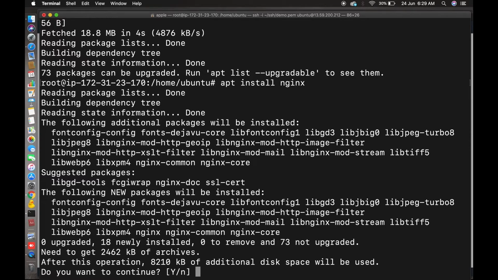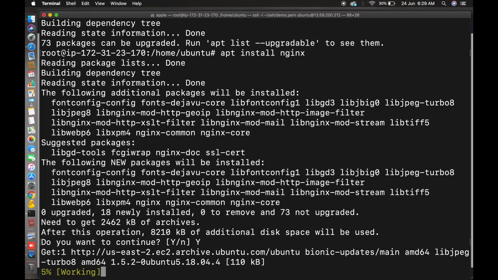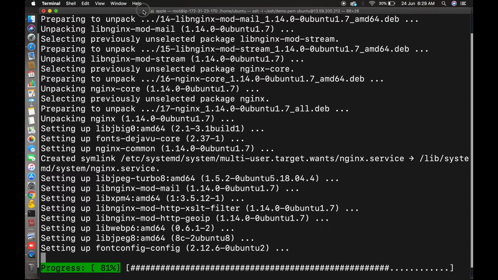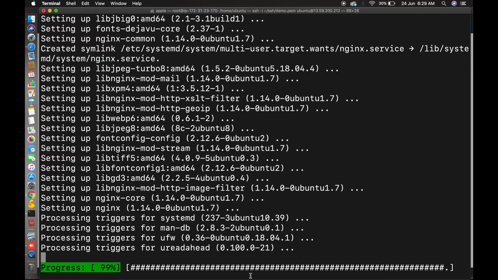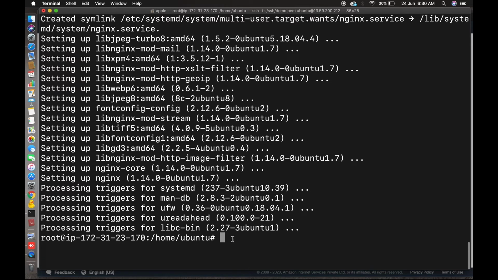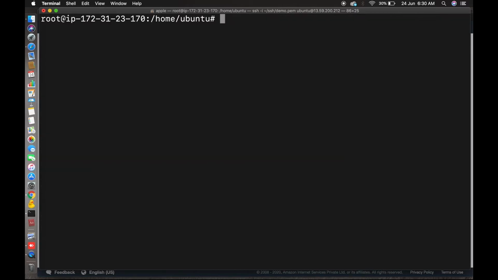If you have the UFW firewall running, you will need to allow the connection to Nginx. Nginx registers itself with UFW on installation, so the procedure is rather straightforward. I think you know how to do that, so I don't need this command here. So Nginx is done.